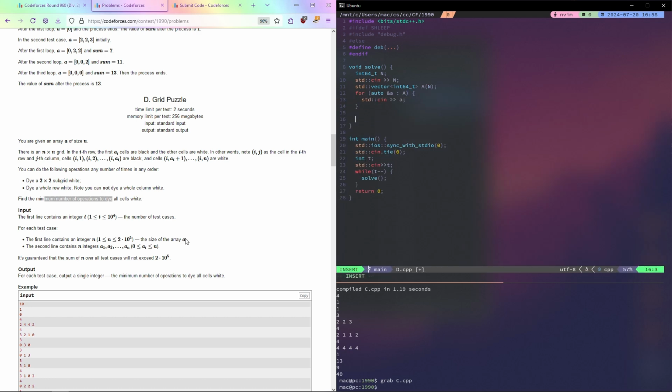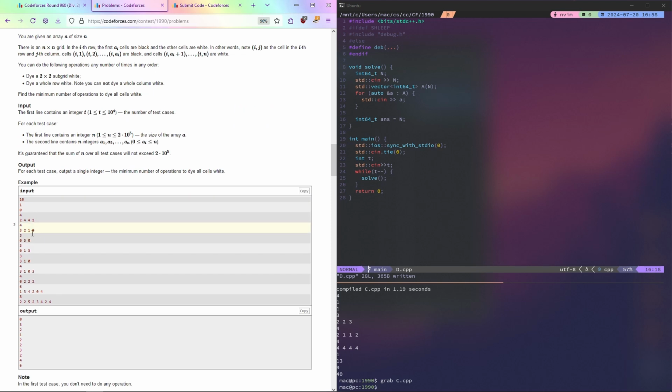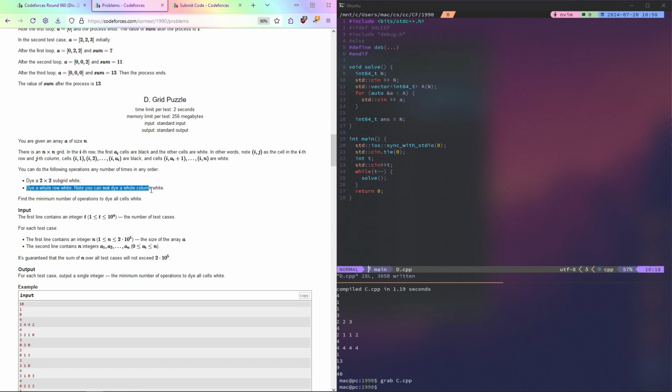Okay, then once we have that, our initial answer is just going to be n, because we can dye every single row using this second operation here. But then we want to see if we can do better by dying entire rows. But then if the rows are long, we're not going to want to use this type 1 operation,